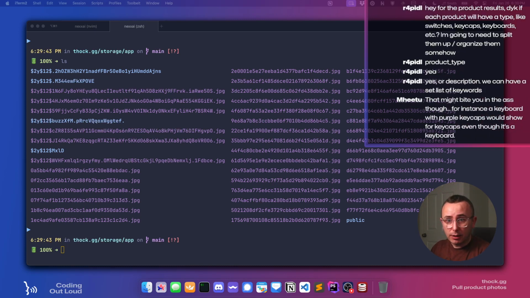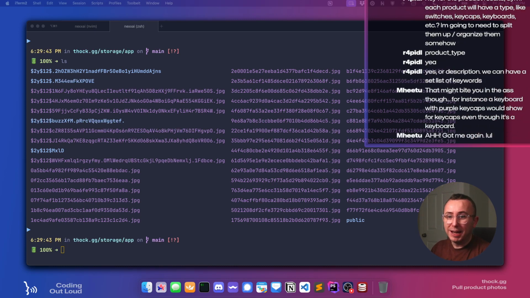Sorry, I saw that and I was reading it out loud without clicking the allow button, so I'll try and be better at that next time. But yeah, a keyboard with purple keycaps might show for keycaps even though it's a keyboard. That is true, but